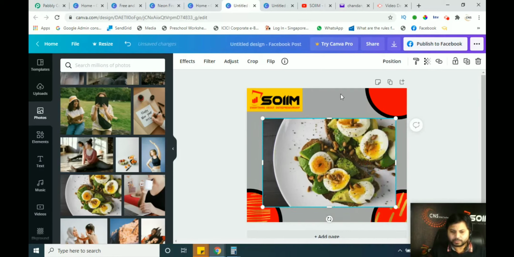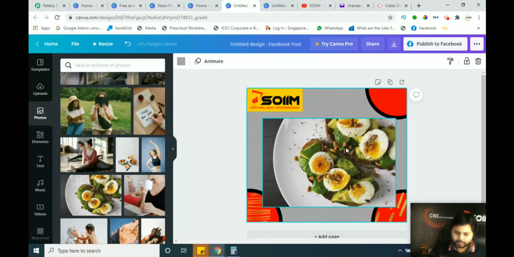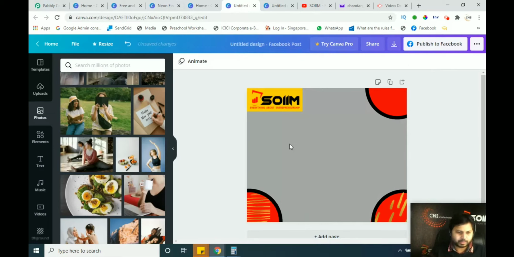If we fix it like this, it shows like a square box. So if you want to make it more attractive, how will we do it? Simply remove this image by clicking. Sorry, the background has gone here. So I'll simply select the image and click on delete. The image will be deleted, removed from here.